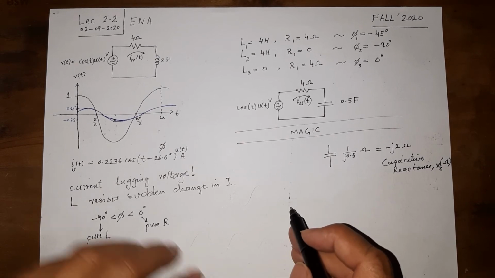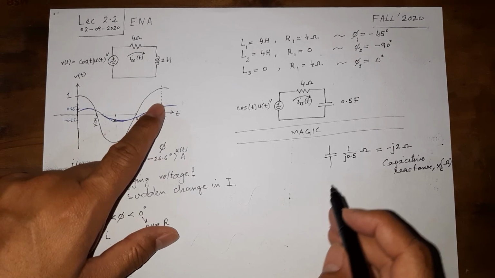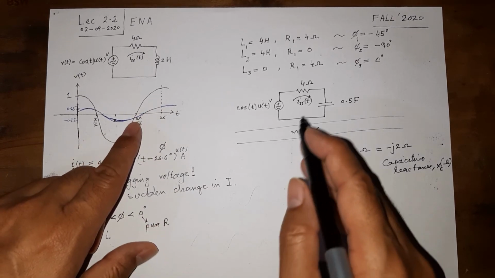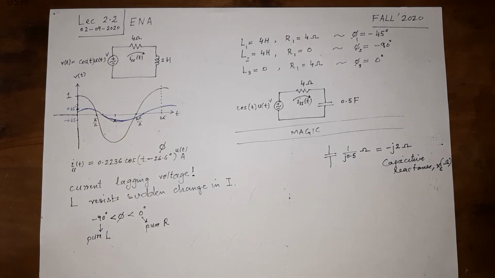At the end, draw a circuit for voltage, the plot for voltage, and then the current you have found for this circuit. Try to plot that on top of that with a different colored pen as well.